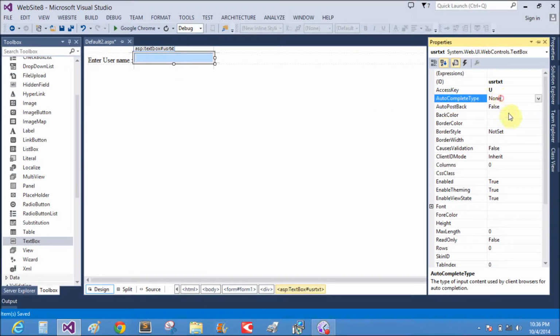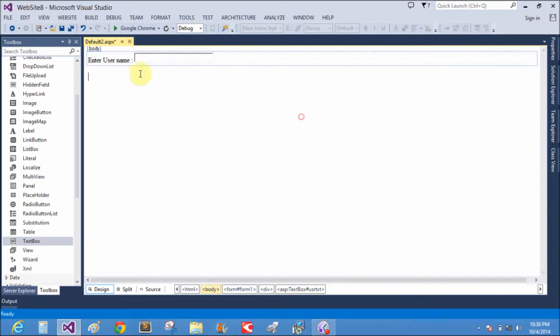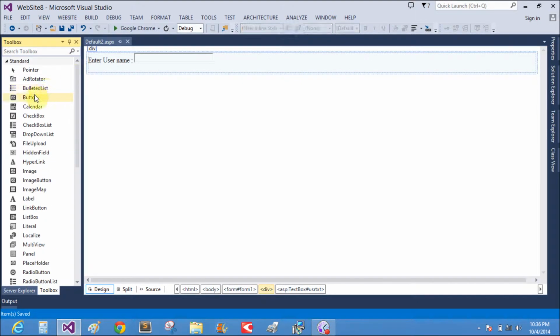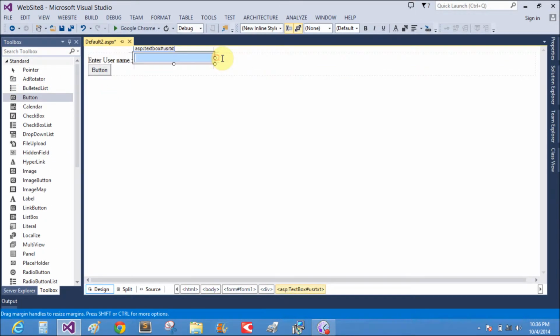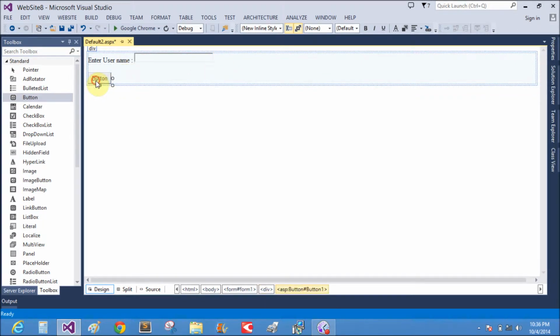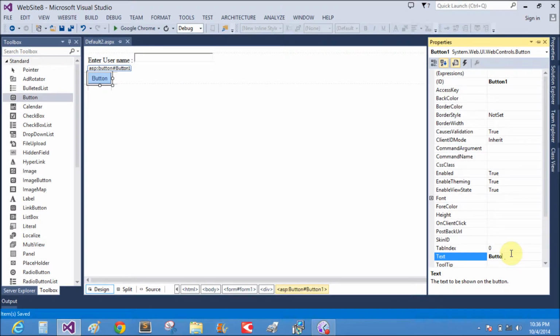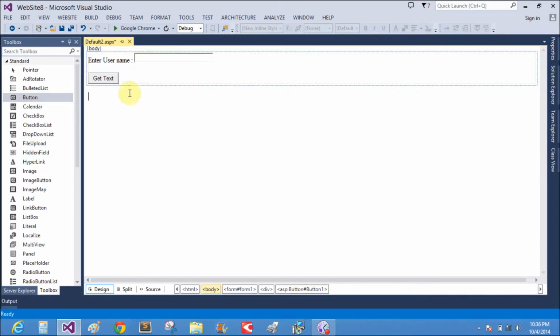This is the autocomplete type property. This property was already discussed in the earlier video. So first of all, how to retrieve the text from the text box. Take a button control, and on the button click event we can retrieve the text from the text box control. Get text. On the label control,